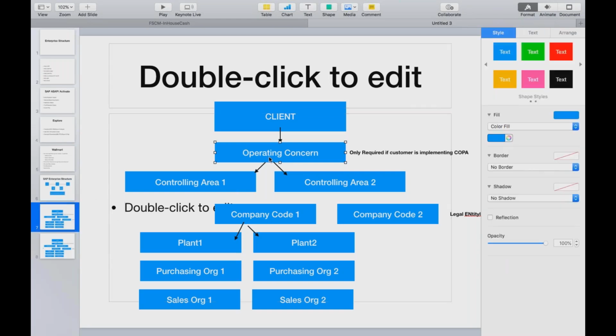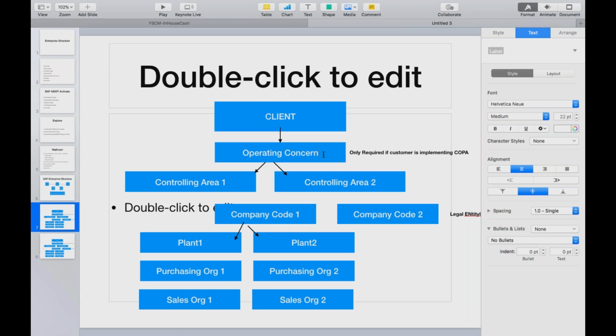Okay. So what I'll do now is, I'll try to put the values here. So our operating concern, let's assume most of the companies use a single operating concern. So a single operating concern for, I'll say, Walmart. This is a single operating concern for Walmart. Now within Walmart,